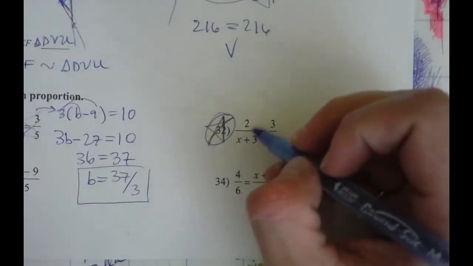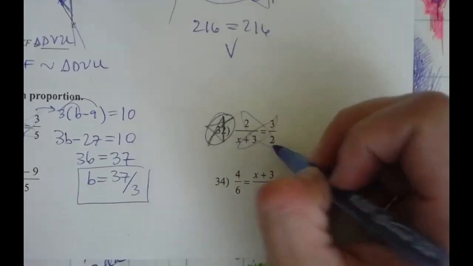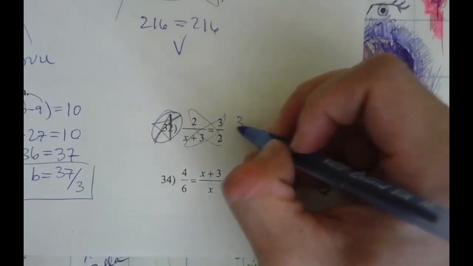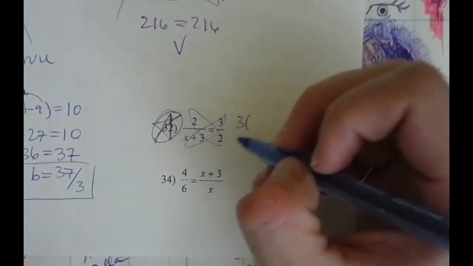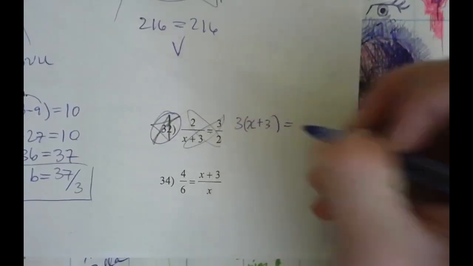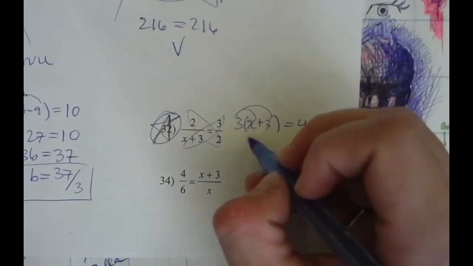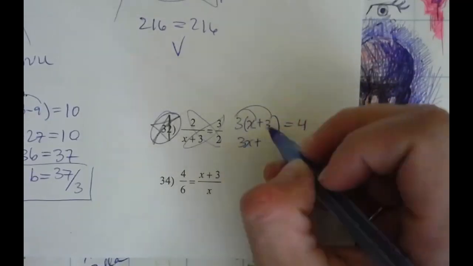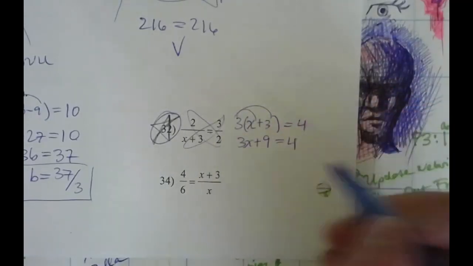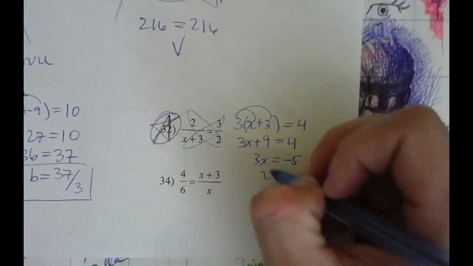Over here, same thing. I have a fraction expression equal to a fraction expression. I'm then allowed to cross multiply, so I'll cross multiply these sides. I see that 3 times, and I want to multiply by the entire denominator. So I have to put this in parentheses, x plus 3 equals, and then 2 times 2 is 4. Now, we can distribute this 3 out to get 3x plus 3 times 3 is 9 equals 4 on this side. I'll subtract 9 from both sides to get 3x equals minus 5,